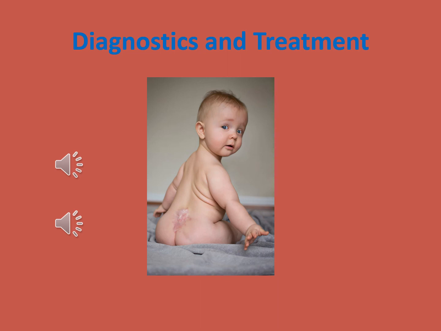Treatment. If we have a child, a newborn, an infant who we've discovered this in utero, we're going to do a planned C-section. So they're going to be delivered by C-section. And then after that, it's about protection of that sac. We don't want to have a risk of rupturing that sac, so everything is about protecting that sac until surgical